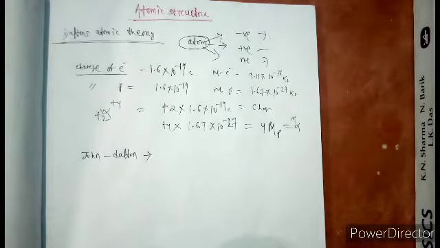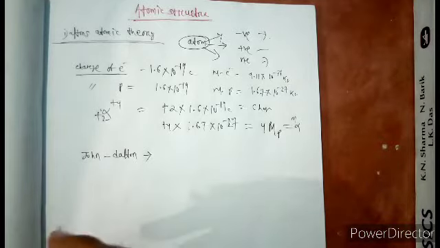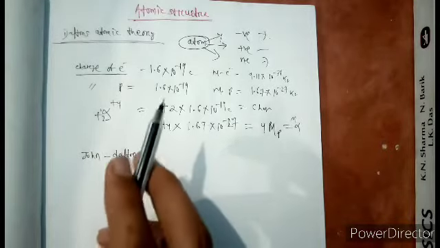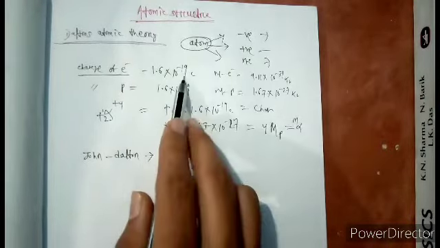Now, every particle that exists in this universe is made up of some tiny particles called atoms, and the atom again breaks up into subatomic particles, that is negative, positive and neutral, that is proton, neutron and electron. Okay, the charge of an electron is 1.6 into 10 to the minus 19 coulomb, and the mass